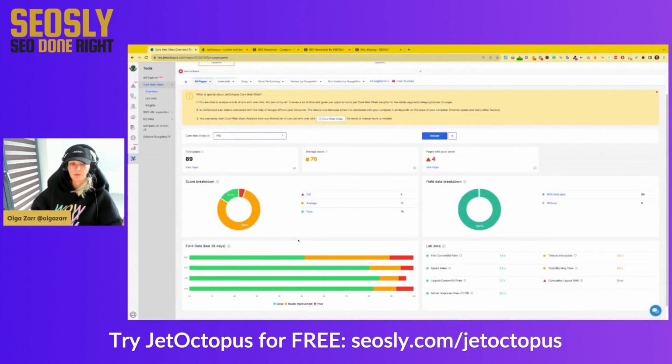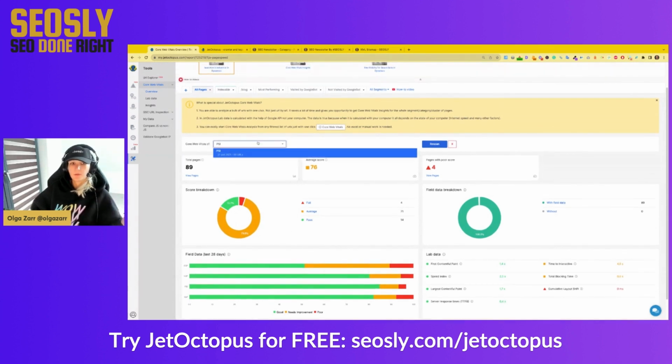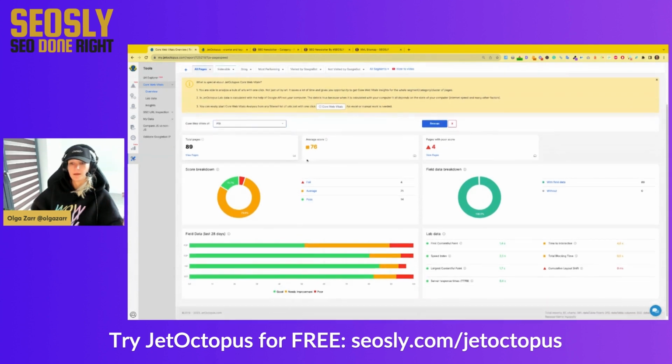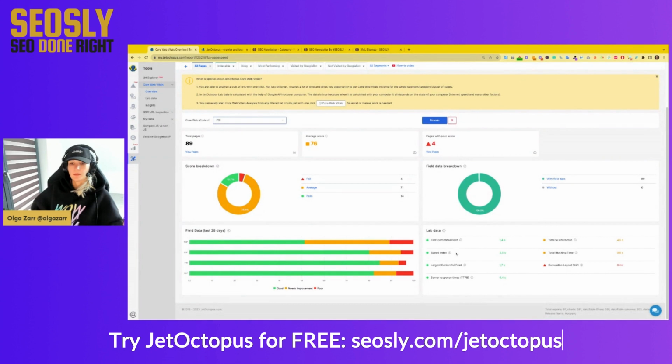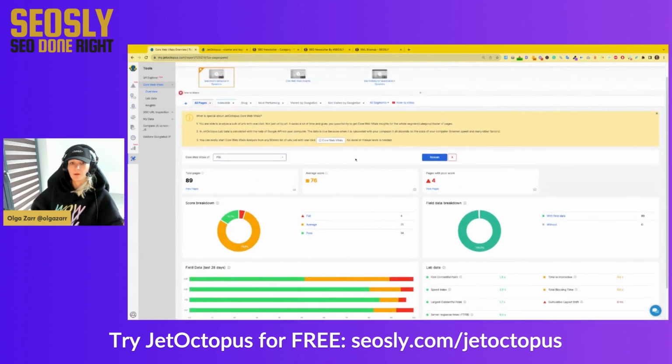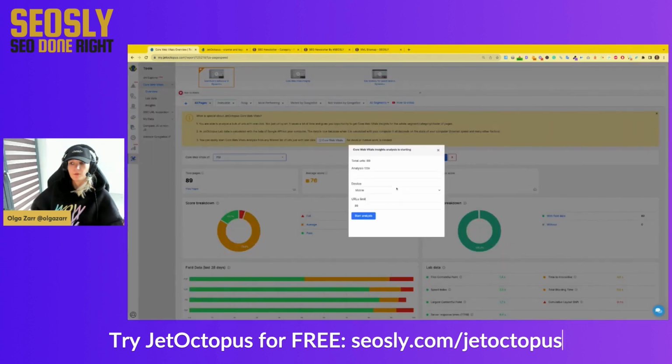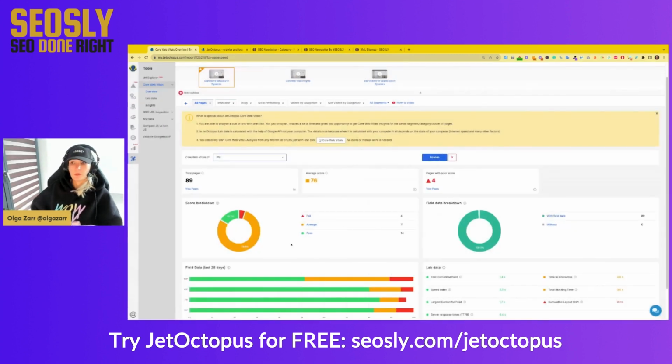It is nice because it shows both field data and lab data. So here you can, for example, rerun your PageSpeed Insights for lab data. Here is, for example, the data. I think this is outdated for my site, so I will quickly rescan it. I'm very curious to see what it looks like. Start analysis, core web vitals. I have 89 URLs. It is important that this is one of those tools that allows you to analyze speed in bulk,